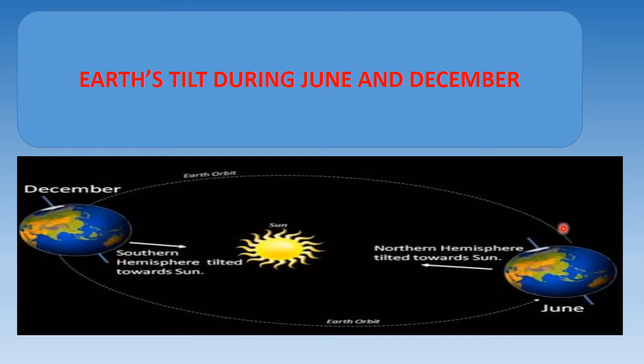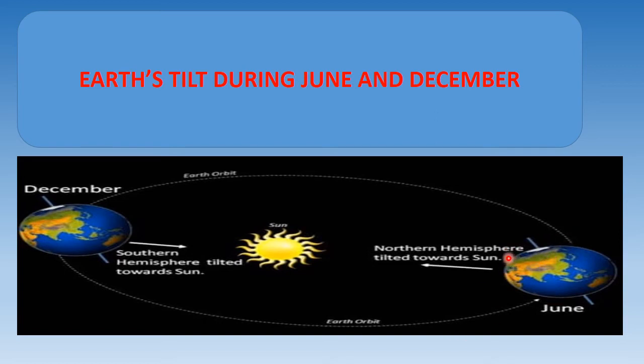Now this is your northern hemisphere and this is your southern hemisphere, and we'll just talk about 1 month at a time. Because it is tilted, obviously the sun rays will be received by this hemisphere more and not by this. So over here in the month of June, that is why the northern hemisphere experiences summer season, because the northern hemisphere is tilted towards the sun, hence receiving the sunlight. Now see, this is actually the importance of the tilt of the earth. Had it not been tilted, we would not receive seasons like this.